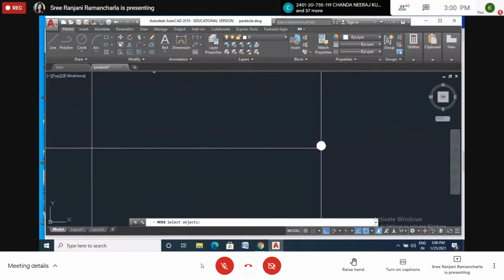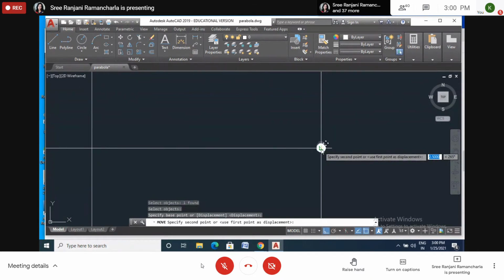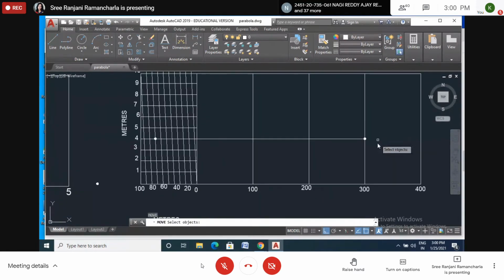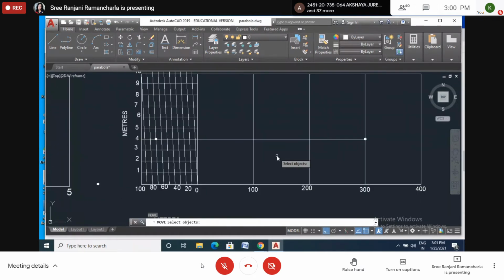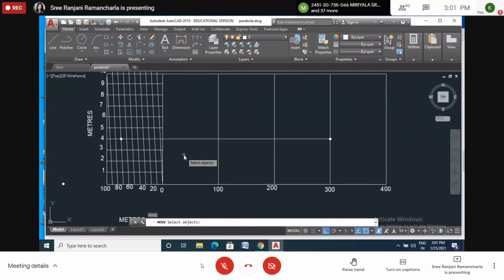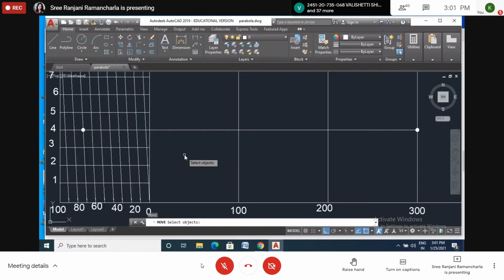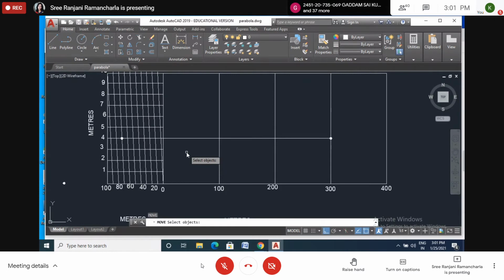So I will move this one. Let's go. Okay, why am I showing you very accurately, you know that? You should not do it approximately. My interest is in doing it accurately. Accuracy I want. If I do accurately, you also follow me. If I do approximately, you also do approximately. Later on, you will get a lot of problems. Is it clear, all of you?